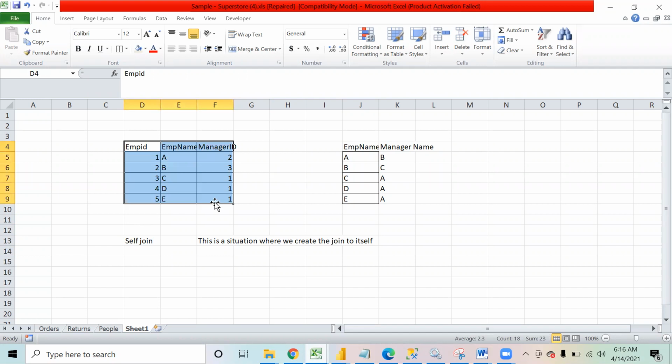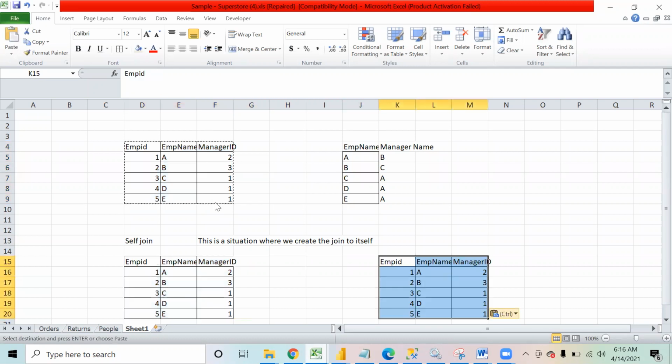If you see right now, if this is table 1 that is given to you, just imagine this is a table 2. Don't you think that you are able to generate the same output from one table only?